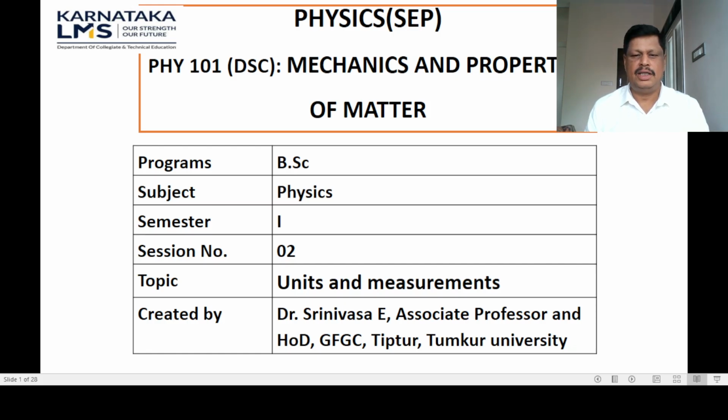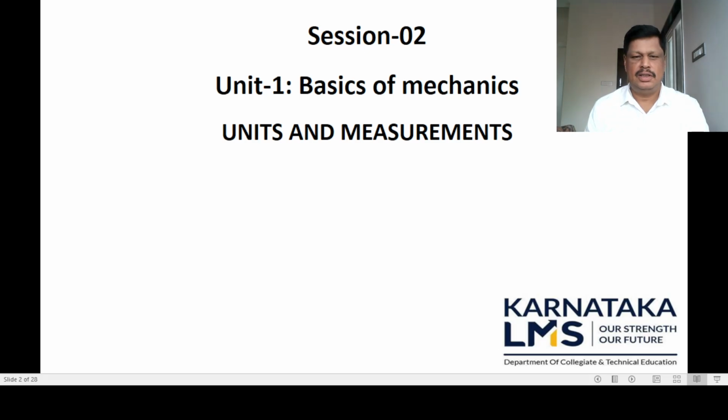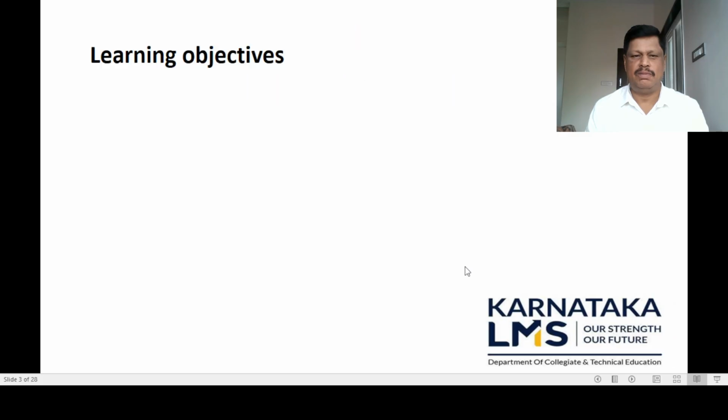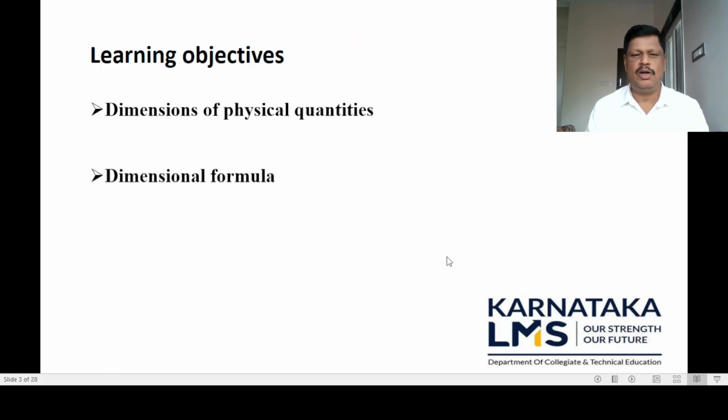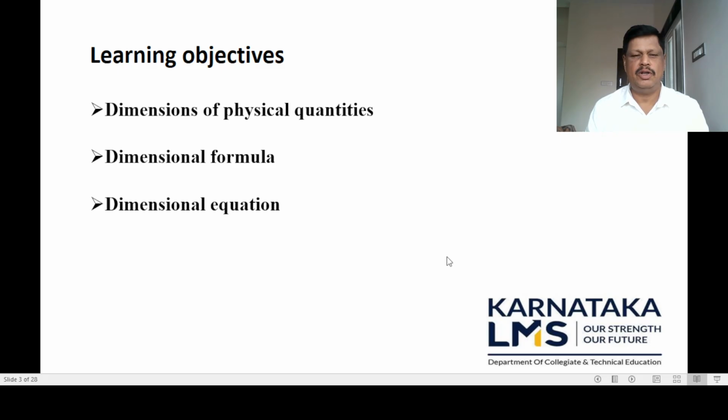prescribed by the Tumkur University for the paper Mechanics and Properties of Matter for first B.Sc., first sem students. So the unit 1, the name of the unit is Basics of Mechanics and the chapter is Units and Measurements. The learning objectives of this video are dimensions of physical quantities,